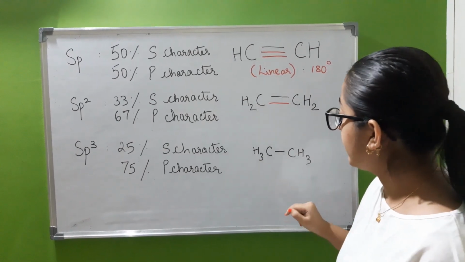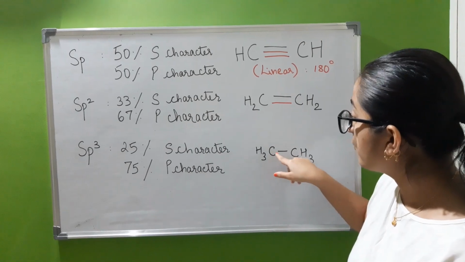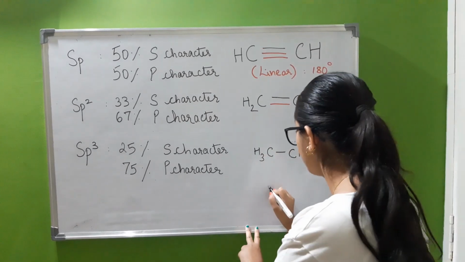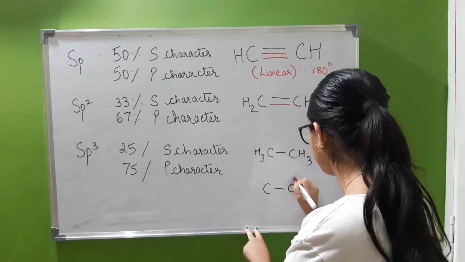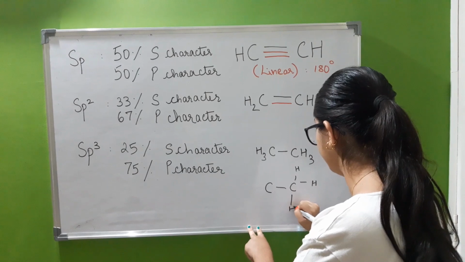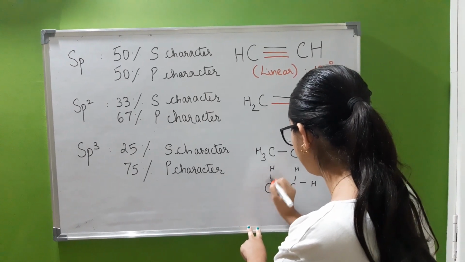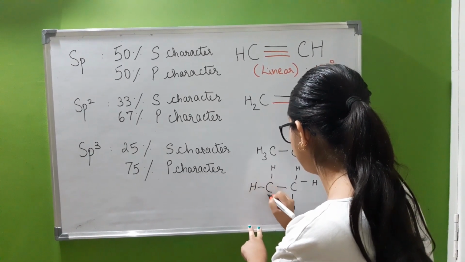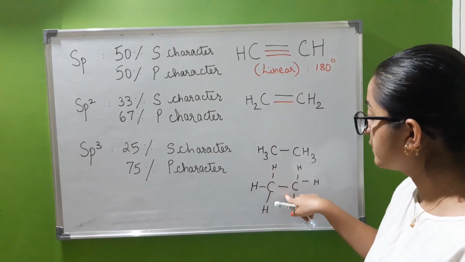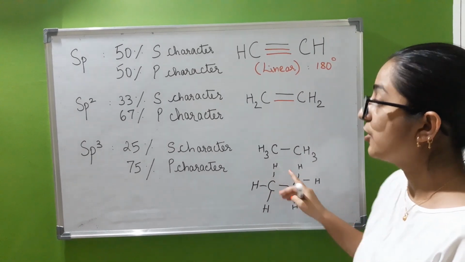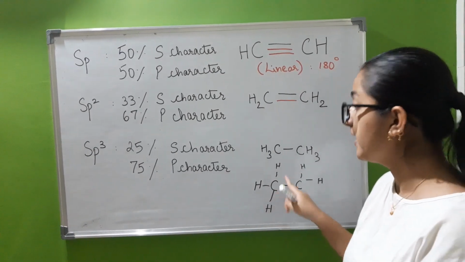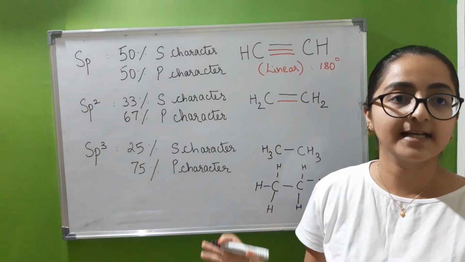Here we can realize that there is not only one sigma bond present but many. When we write ethane in a much more detailed manner, we realize that carbon makes bonds using 4 sigma bonds. So when 4 sigma bonds are involved in the hybridization of carbon, the carbon is said to be sp3 hybridized.